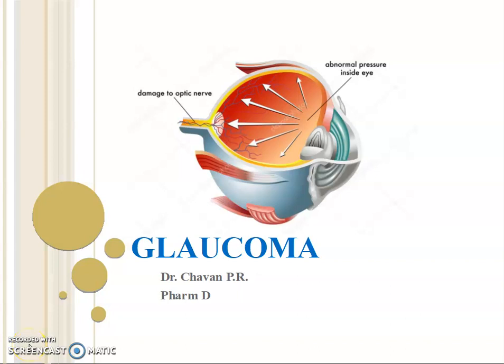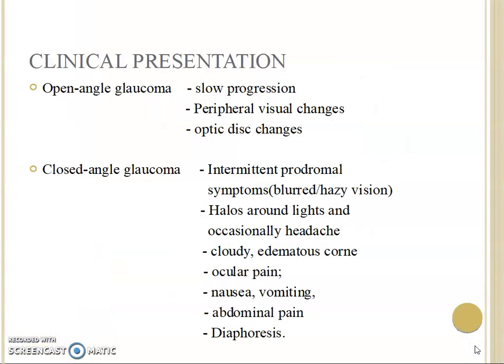Here is the next video on part 2 of glaucoma, which includes the topic of clinical presentation and pathophysiology associated with glaucoma. Firstly, moving towards the clinical presentation, as per the types I mentioned, the signs and symptoms associated with glaucoma. Firstly, open angle glaucoma shows slow progression of the disease and it can show peripheral as well